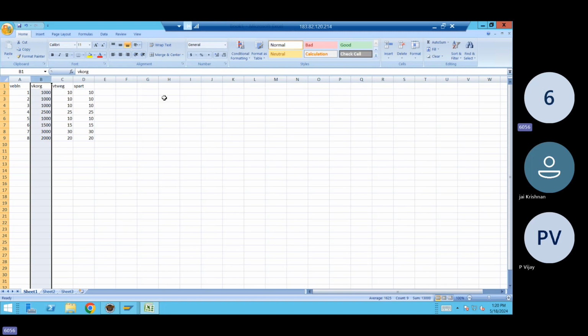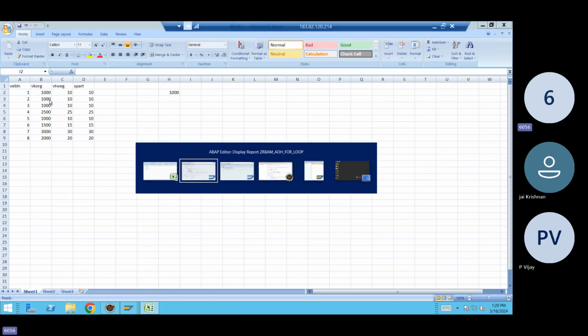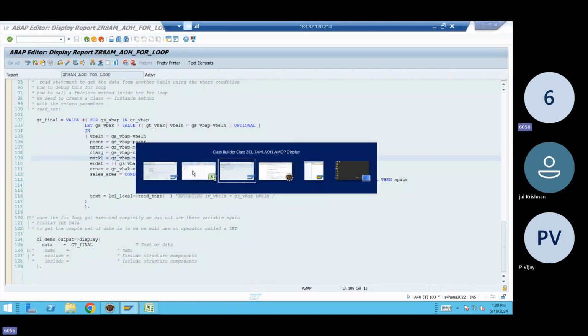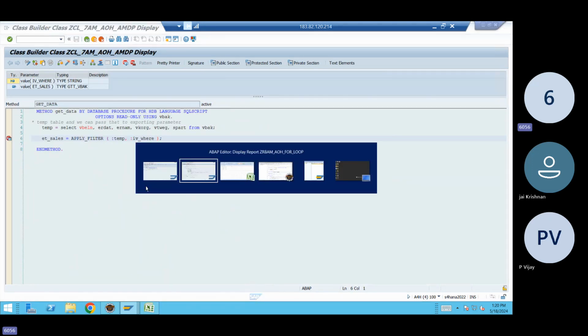what it will do is write your 1000 first, and then it will go ahead and check. So the group size, as I told you, we have something called your